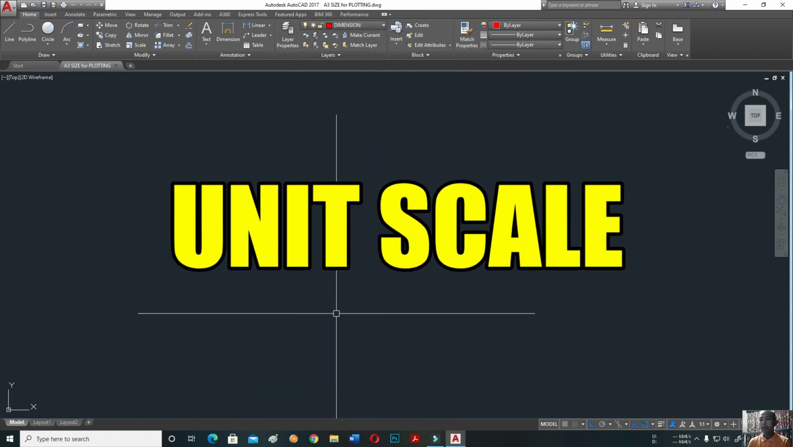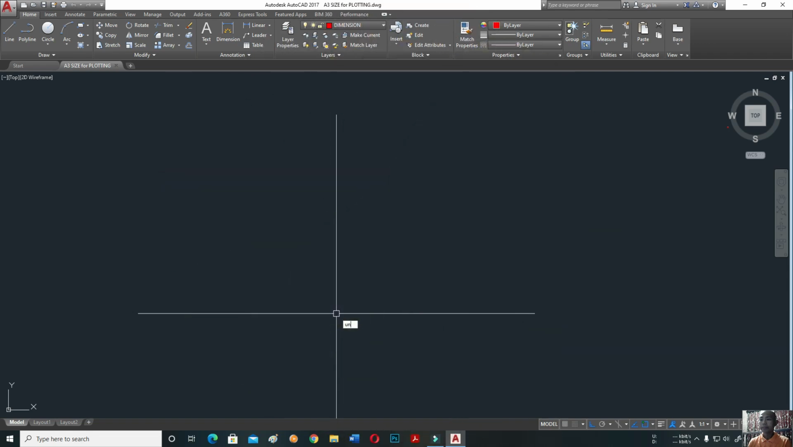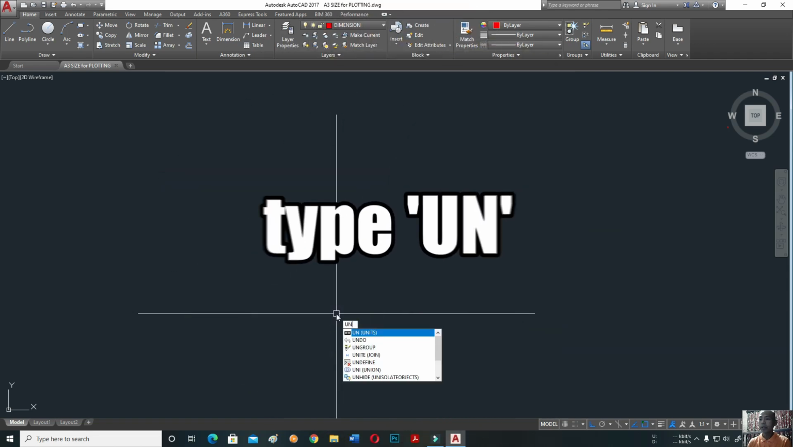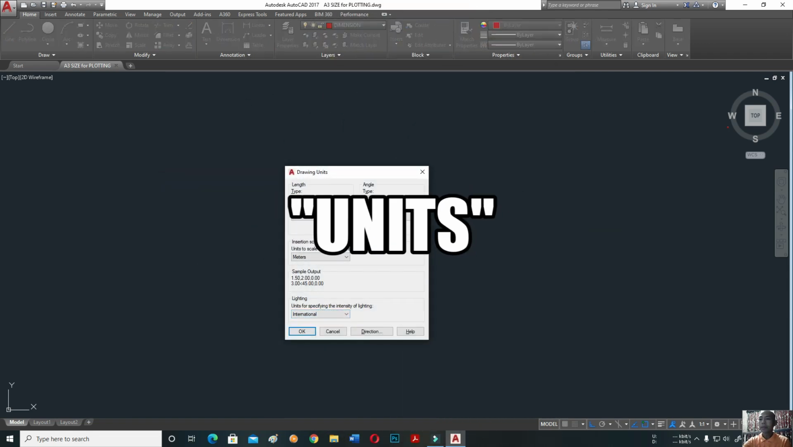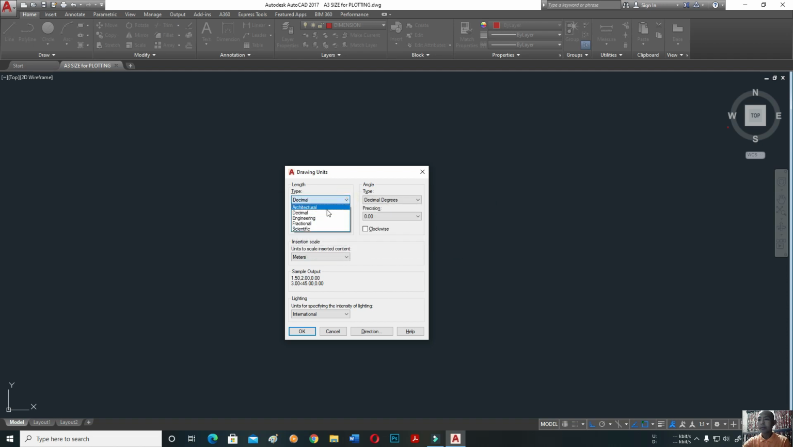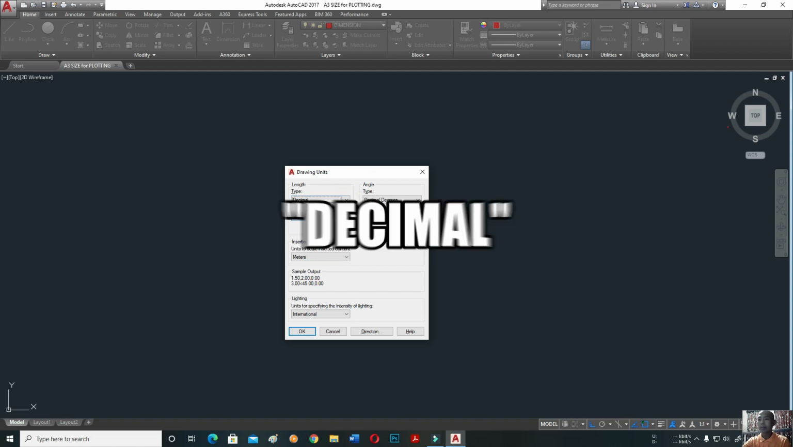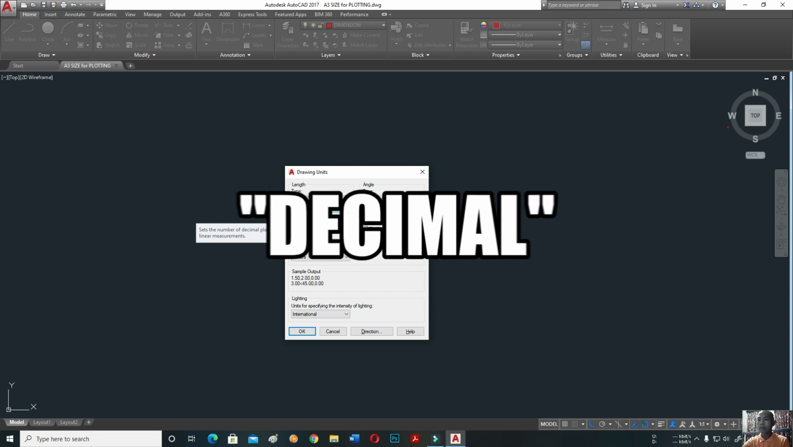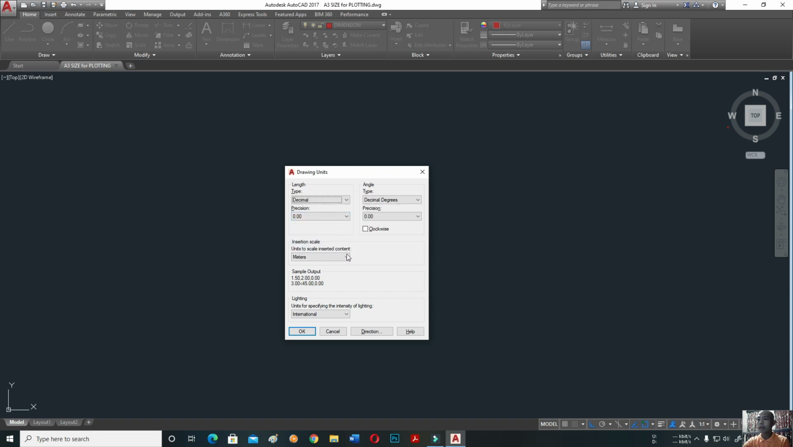Paano nga ba yun? So simply press UN, stands for units. Now, for length type, select decimal. For the precision, okay nito. And angle type, leave it as it is, also the precision. Insertion scale, dito,